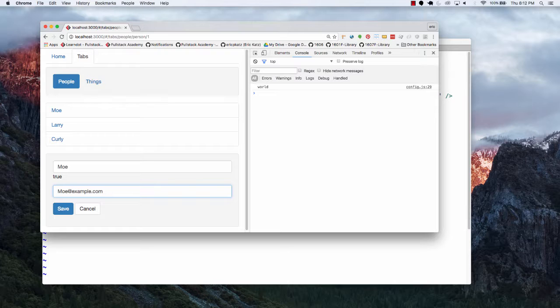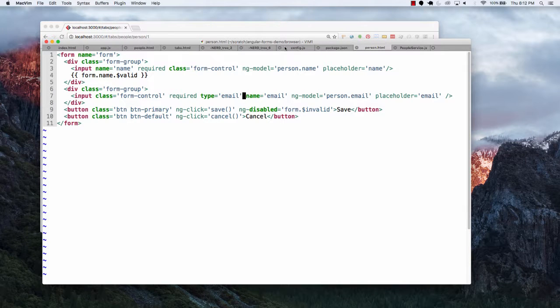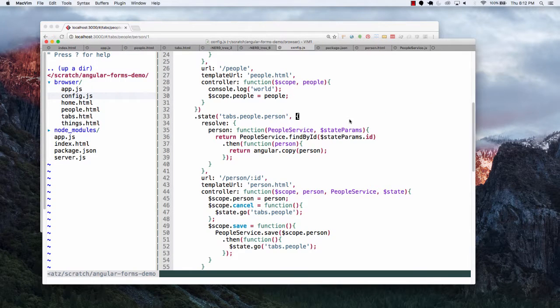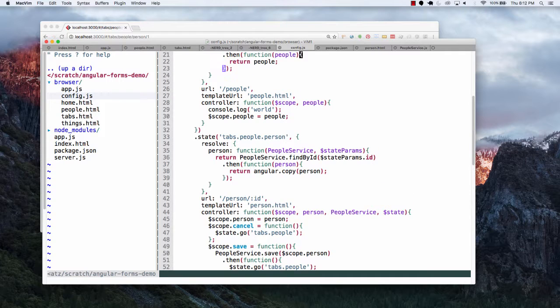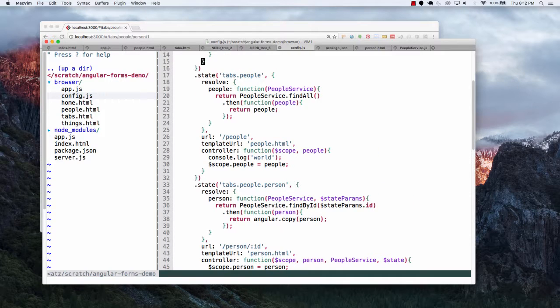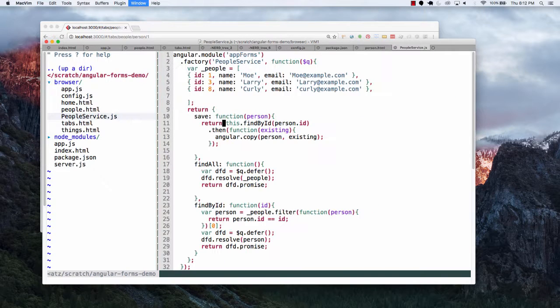Now, one more thing I want you to do, because the same way that people get confused over nested views, and hopefully I clarified a couple of things here, people get confused over doing other types of forms. Let's say, just theoretically, that there's 3 different roles that you could have. Okay? And I'm going to hard code this, but we could sort of pretend that it's not hard coded. Let's pretend that we have 3 different roles, and what we'll do here, let's go back to our people service,